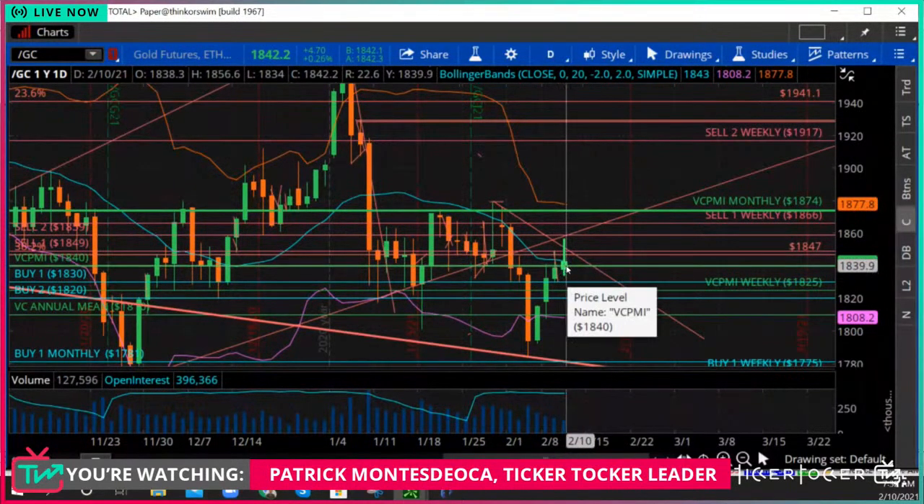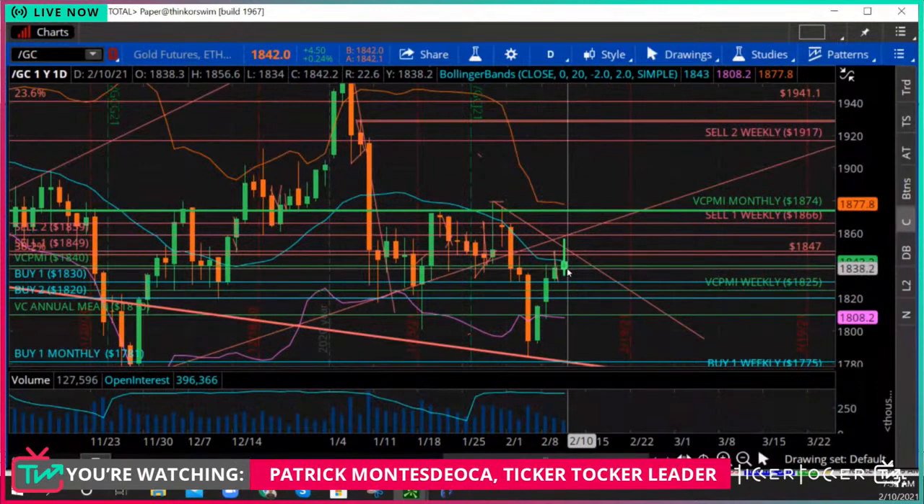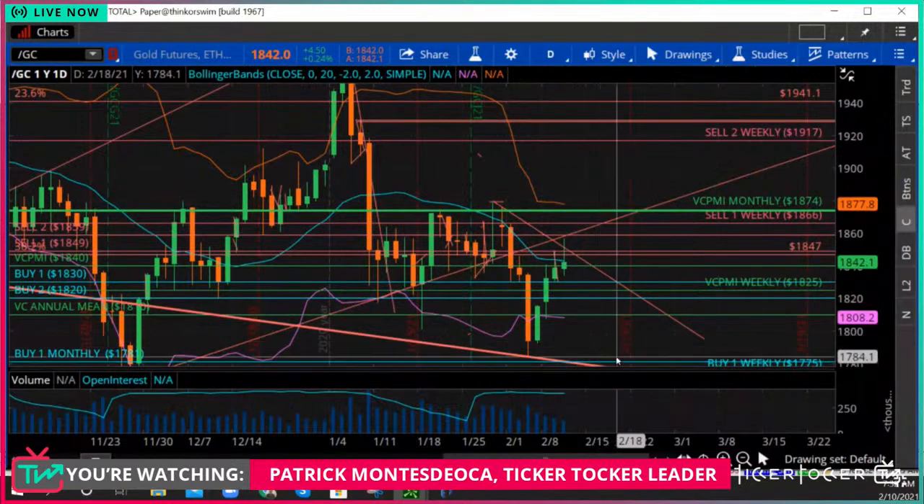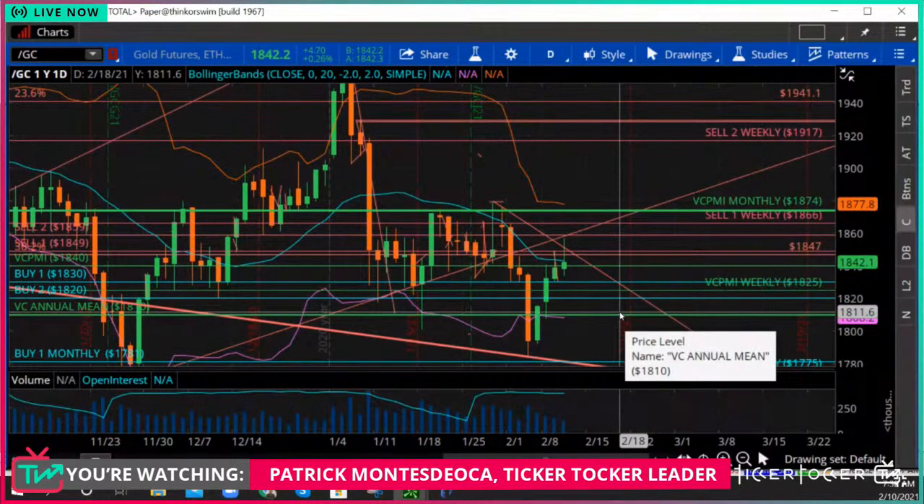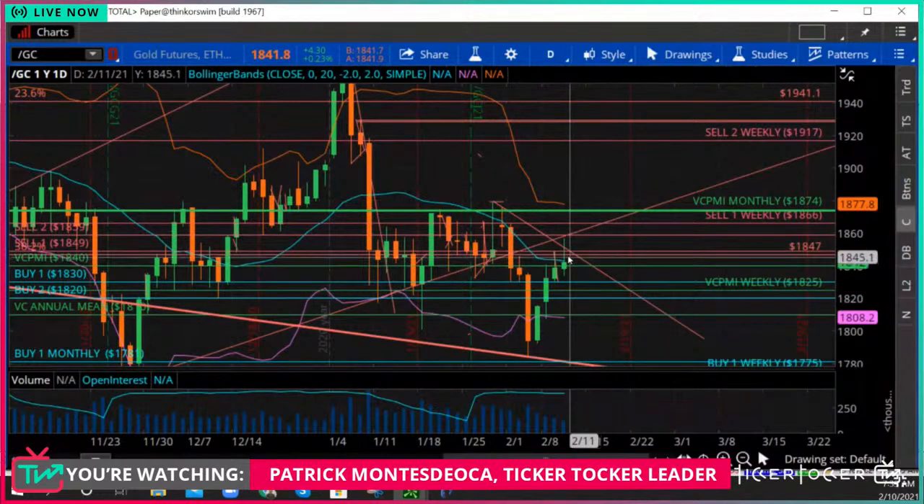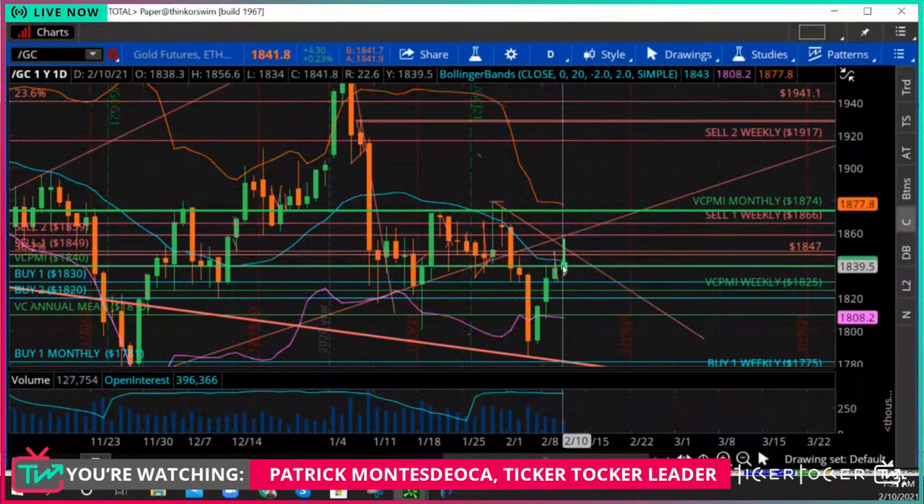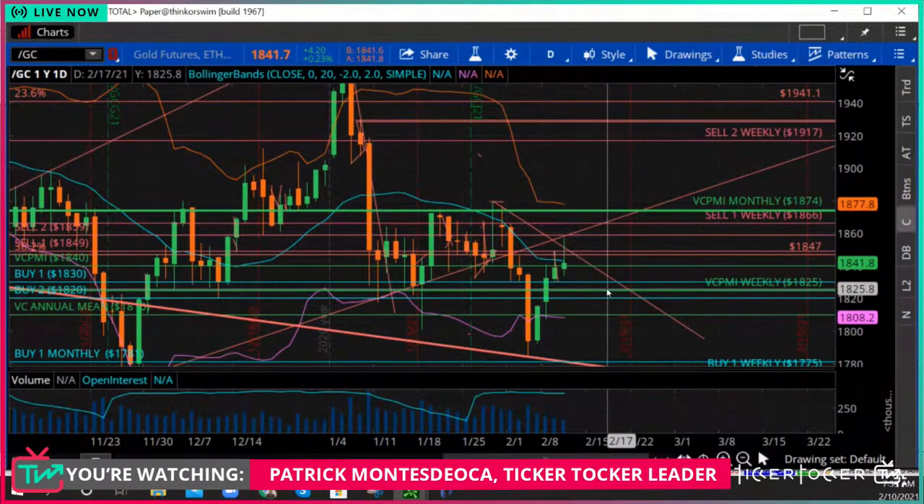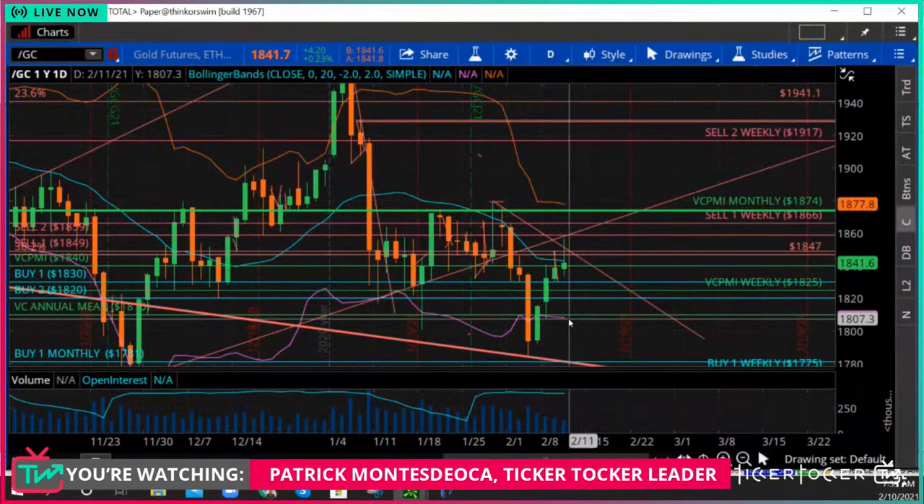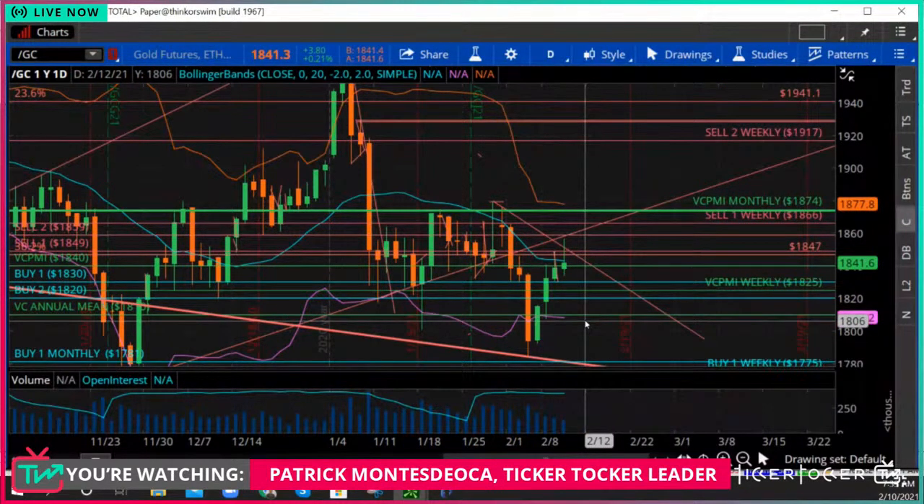And I am looking for a reversion, again, to test this blue level, ideally the annual 1810, before the completion of this move. I think that once this wave pattern is completed and we come down and we test the extreme levels below the mean, we should see a very, very robust rally